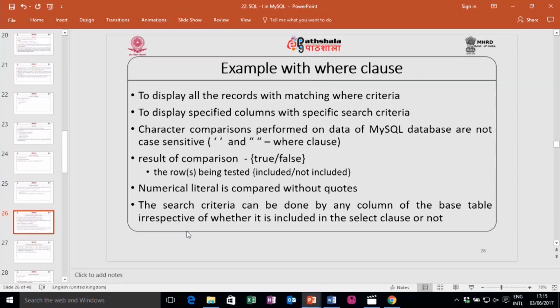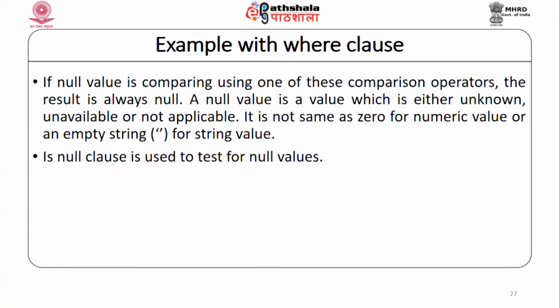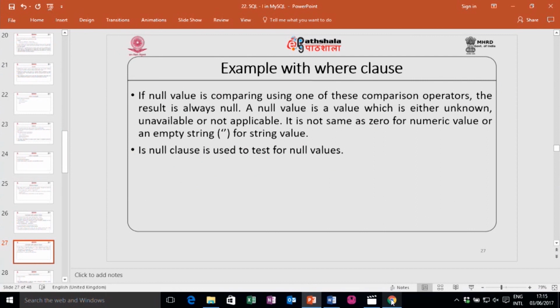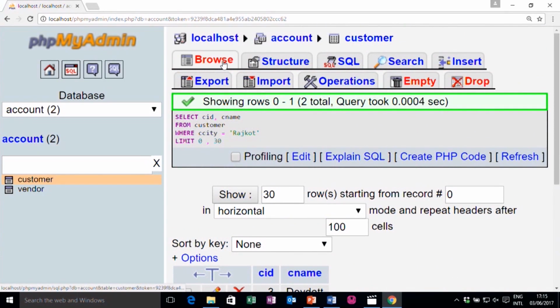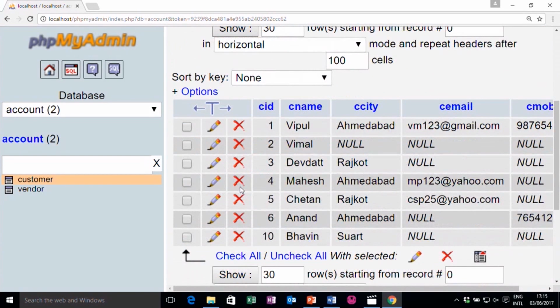So, that is all about this one. Now, if a null value is compared, then your result will always be null. We know that null is a special value, and to compare with a null value, is null is used. Let us say for example, if I look at this table, we have C city that is null.